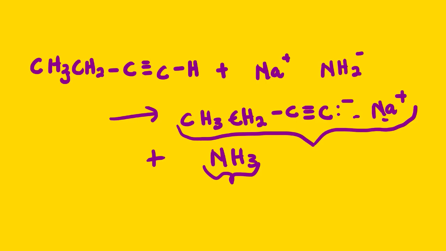Let us stretch our synthesis. Now we know how we form alkynide ions. Let us look at how we can use them in an SN2 nucleophilic substitution reaction to form another compound. And if you can check from lesson 101 of alkynes reaction,